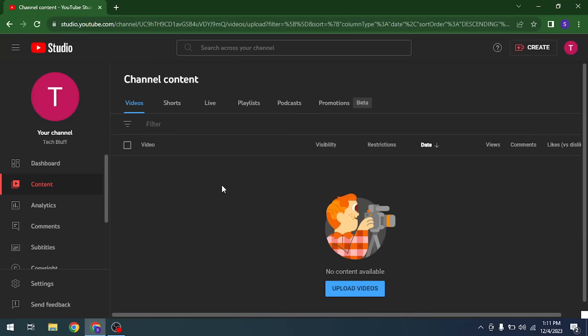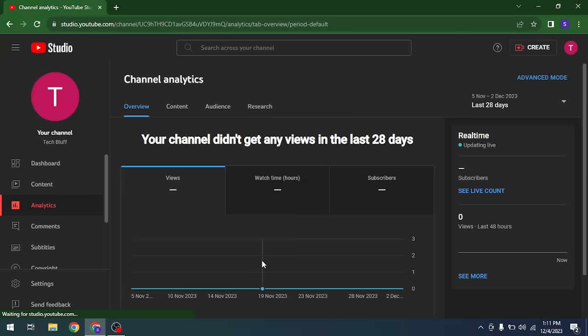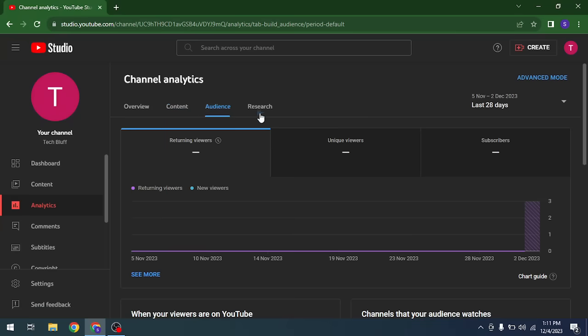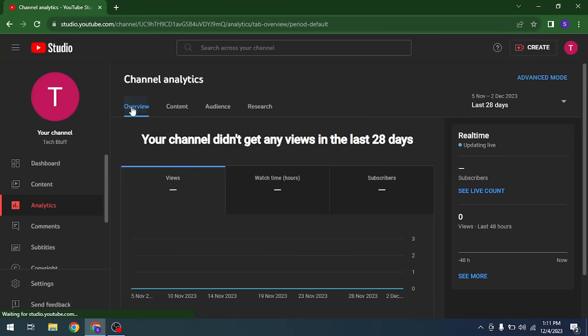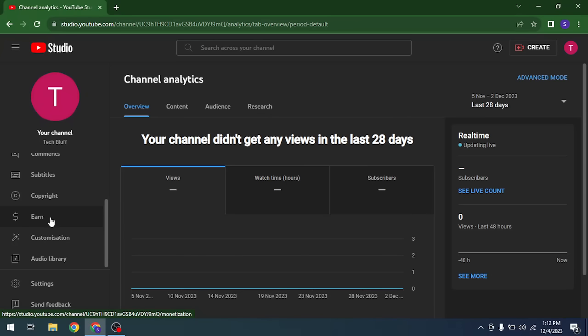The next step is content. You can see all of your uploaded content here. This is the box that has your uploaded content, visibility restrictions, content date, content views, comments, likes versus dislikes, all of your analytics you can see here. The next step is the main dashboard where you can see all of your videos, views, watch time, subscribers, and live real time, and the content, audience, and research. All activities you can watch here. And the final step is